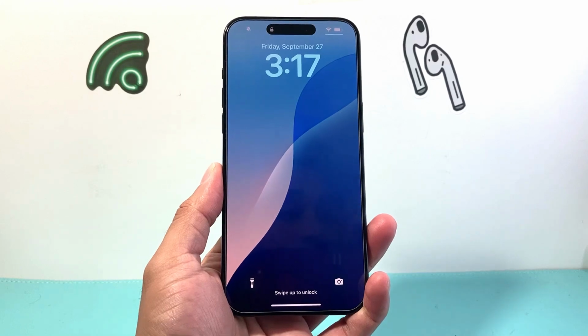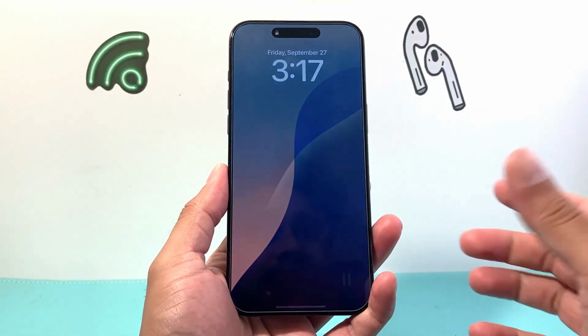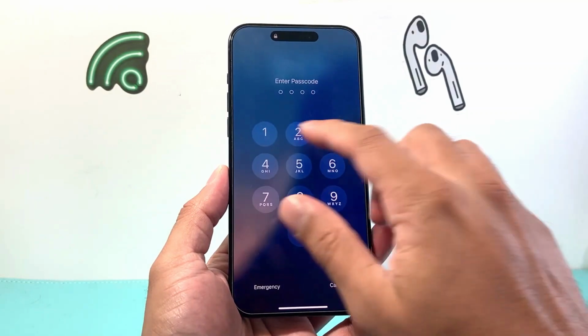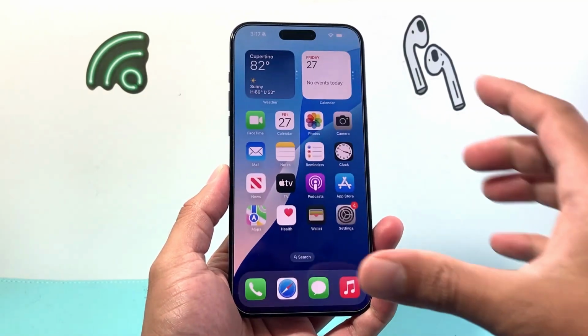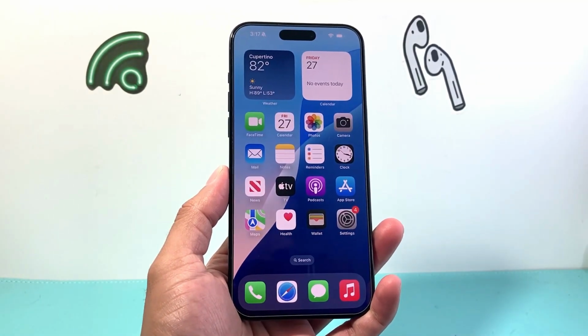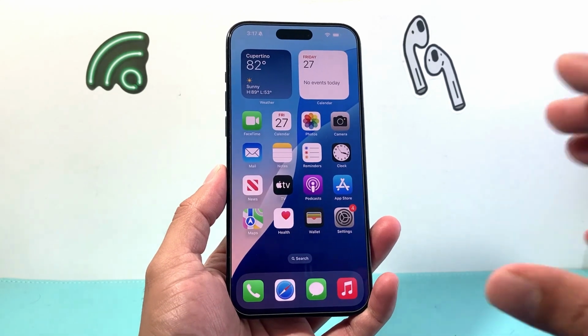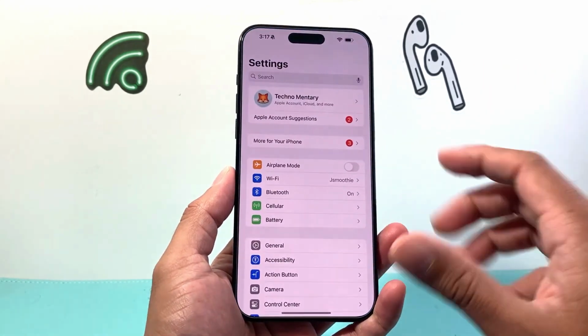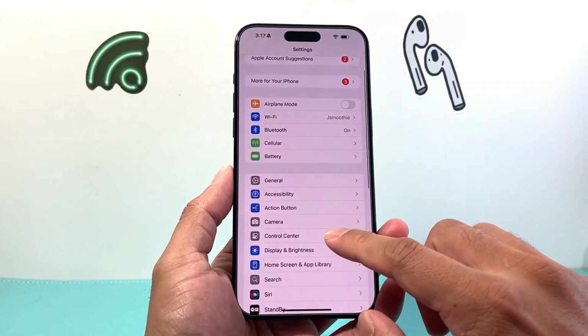In this video, I'll show you how to fix dynamic wallpaper not working on your iPhone, especially on iOS 18. So you want to follow these steps. So let's get started. The very first thing you want to do is go into your settings on your iPhone